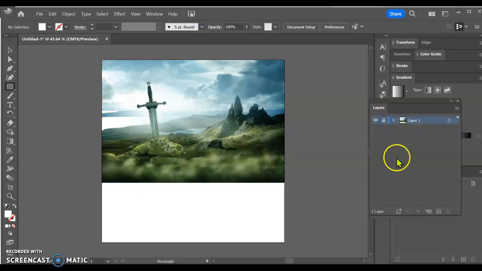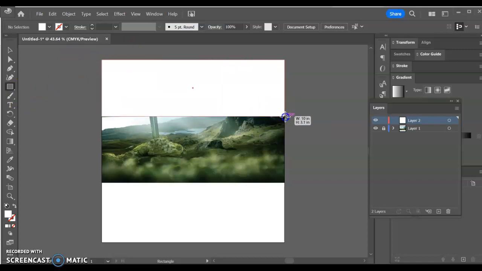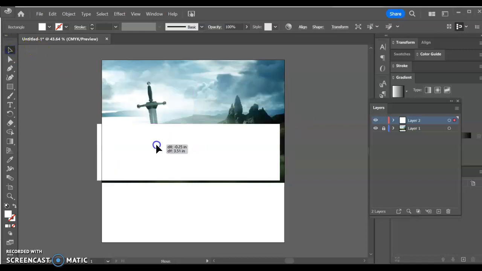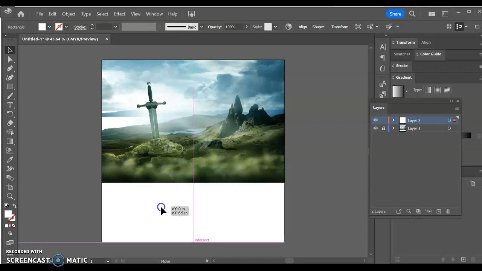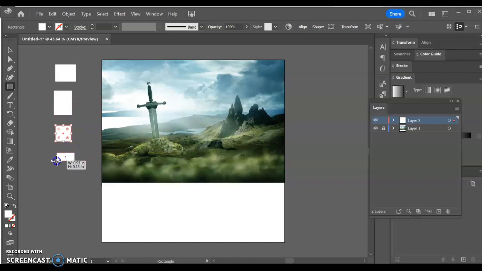So I'm going to lock my background layer, make a new layer, and I'm going to start by making a box that goes to the horizon line. I can move that box down, and let's move it down there to begin with. I'm also going to start by taking some boxes, and I'm going to make 1, 2, doesn't matter what size, right? 3, 4, 5, let's go with 6, and you're going to need at least 6 colors, so let's keep with that. Then I'm going to hit I,